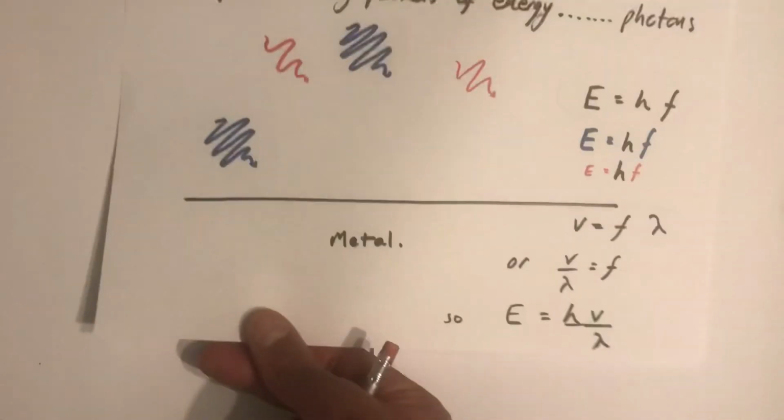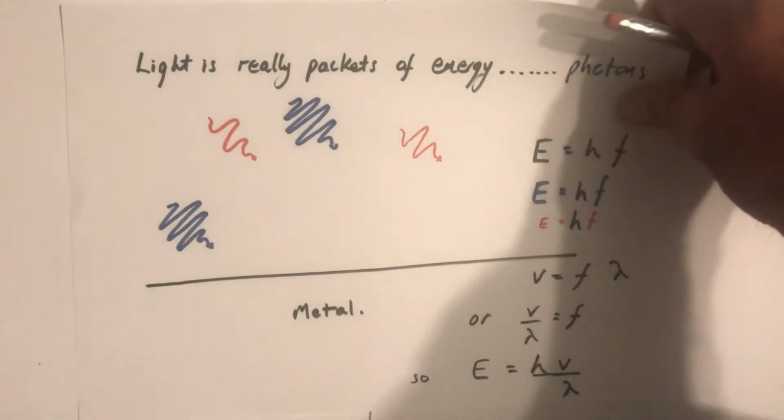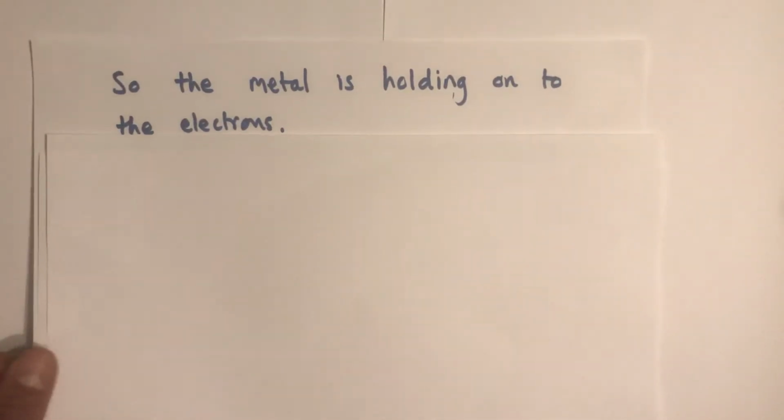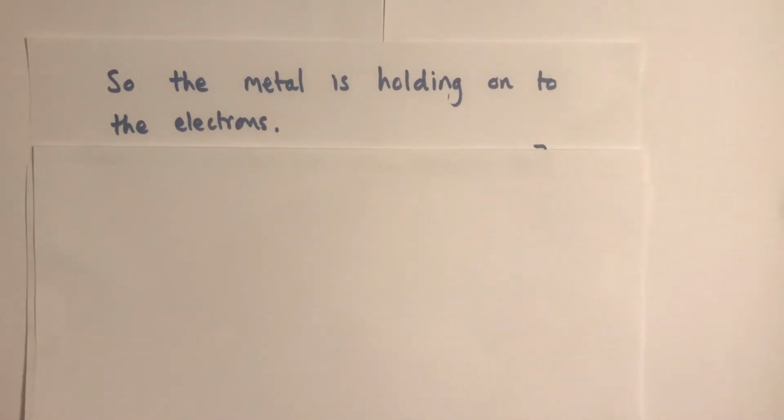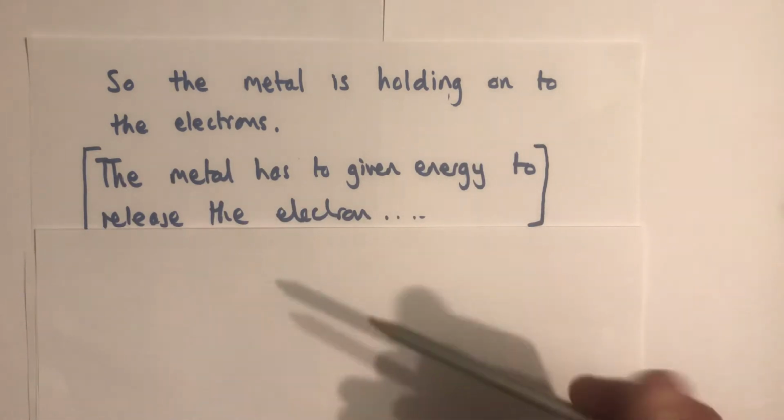Okay, so now in that diagram, of course, the light was landing on the metal, photons of light landing on the metal. Now the metal is holding on to its electrons, otherwise it would not have any electrons. So in some way the metal is holding on to the electrons, and we need to take the electrons off it, which is a bit like the concept of ionization in chemistry. So the metal has to be given